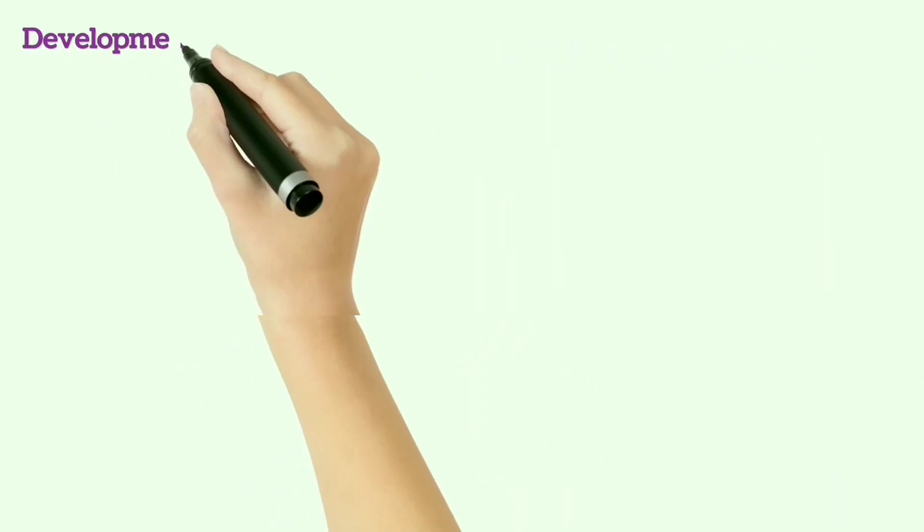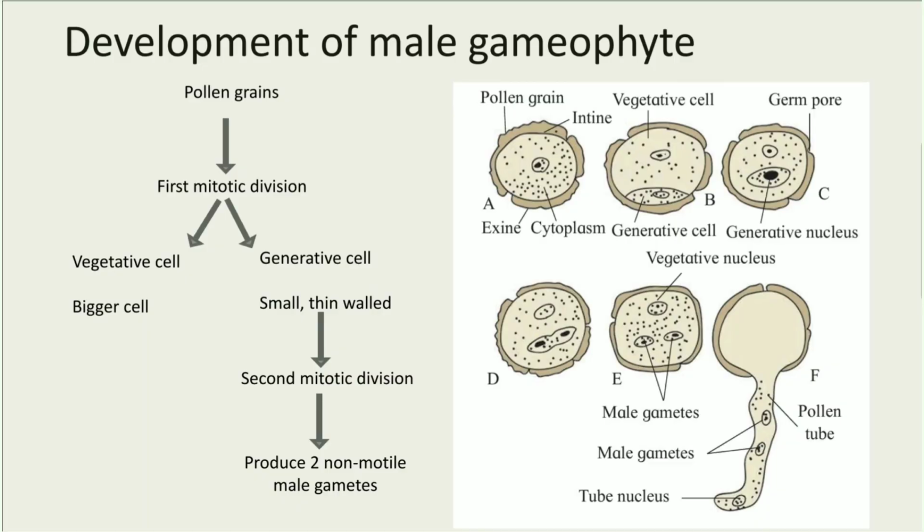Now, the development of the male gametophyte. During this, the pollen grain starts to divide mitotically. After this first mitotic division there is formation of two cells, namely the vegetative cell and the generative cell. The vegetative cell is bigger in size whereas the generative cell is a small, thin-walled cell. This generative cell further divides mitotically and produces two non-motile male gametes. These two male nuclei then pass through the pollen tube and reach the embryo sac, that is, the female gametophyte, for